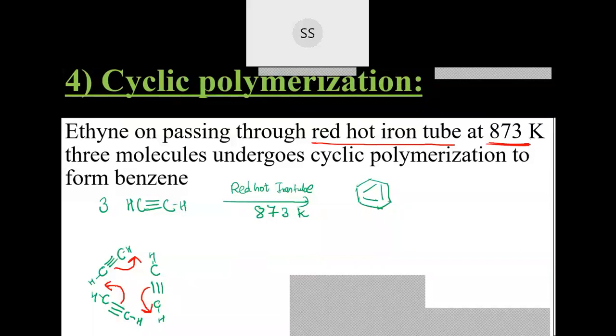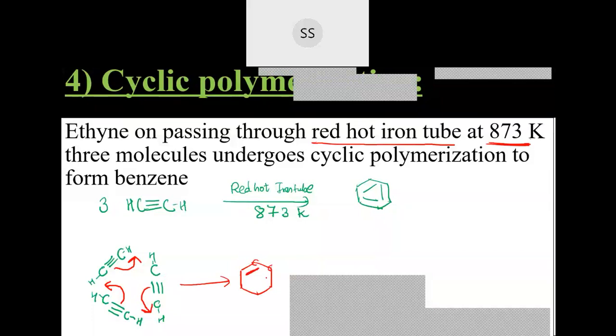Now to form a benzene, they need to link with each other. So here this triple bond will break down and then electrons will come here. In this also you break down and link it like that. So finally you get benzene. So here there will be one double bond and this single bond, because between the 2 carbon atoms bonding takes place. Then again this double bond, then again single bond and this double bond. So benzene is being formed. This is how the reaction happens. So you can directly write ethyne molecule in the presence of red hot iron tube giving you benzene.